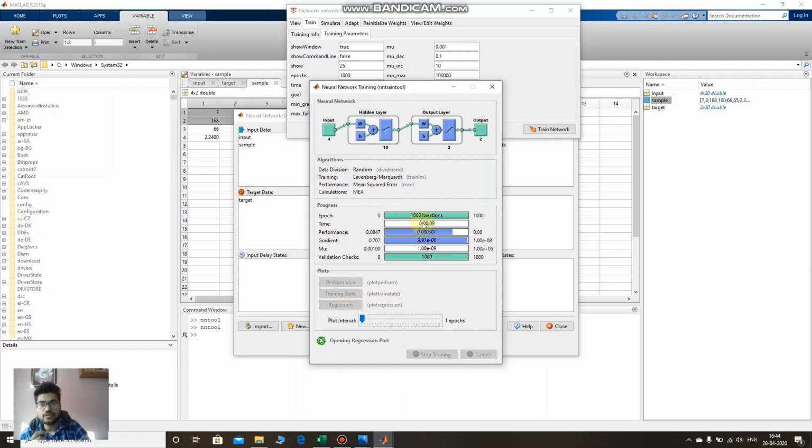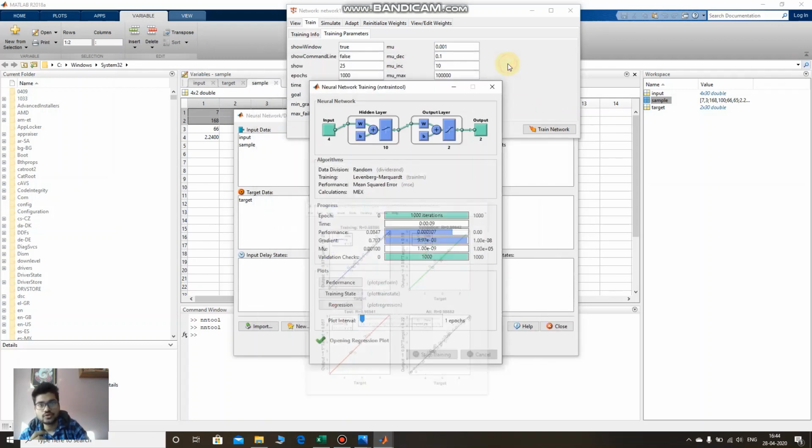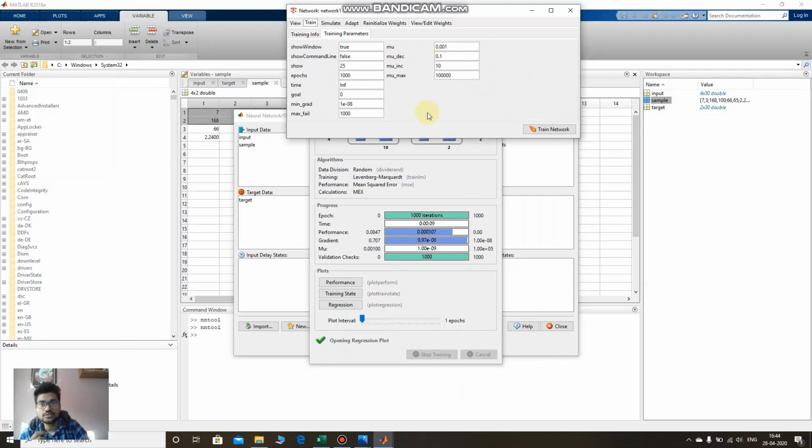Your regression curve will come out more perfect. If it again does not come, keep on changing these parameters and bring your regression curve out nicely. Only then simulate, else your predicted answers will be wrong.